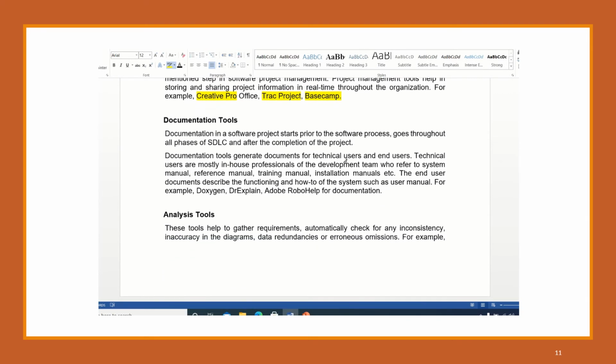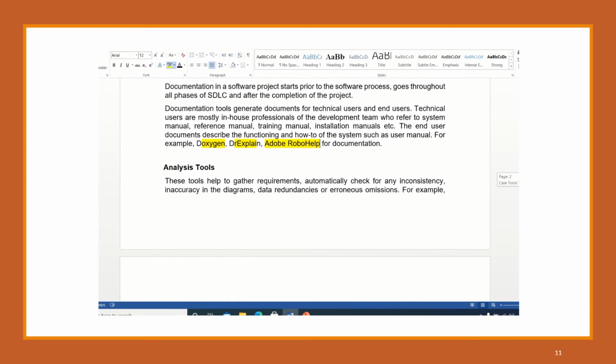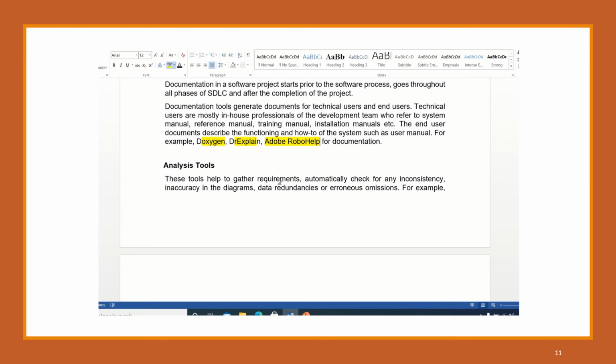Then we have documentation tools. Documentation is continued throughout the SDLC phases. We have examples of documentation tools like Doxygen, Dr. Explain, and Adobe RoboHelp. Now coming towards the analysis tools, in which we have the requirement gathering portion.